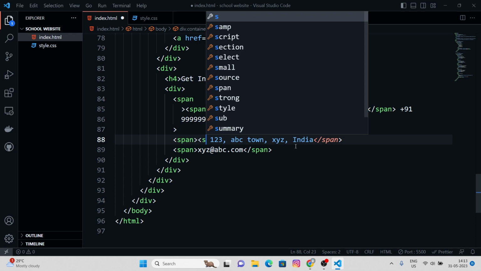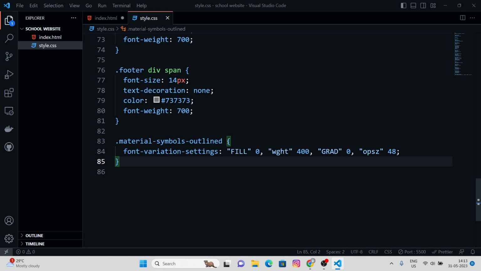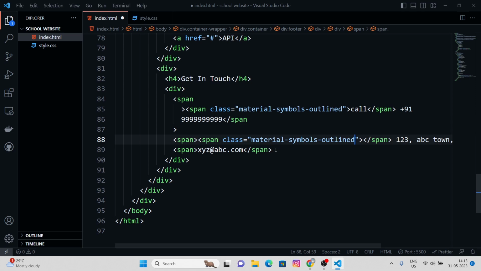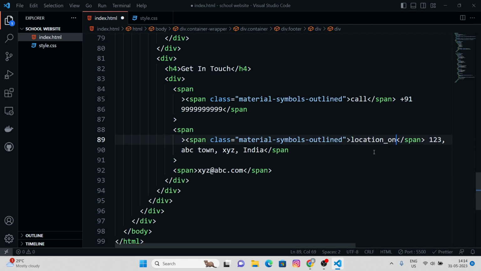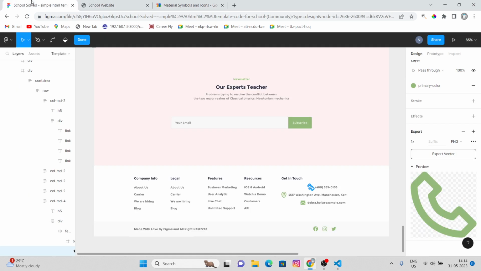I can add one more span over here, right? Give it a class name. This one, and I can call it location on. Hope it would work. Okay, it worked. Cool. So we got the phone icon, we got this location icon, and what we are left with is